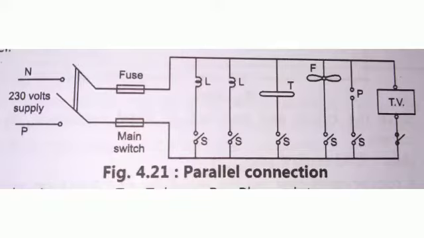So now, starting with the practical cases of series and parallel connection. Where are the series and parallel connections used, or what are the practical cases we are going to see. First is parallel connection. In parallel connection, what is constant? The voltage throughout the circuit is constant, and current gets divided.